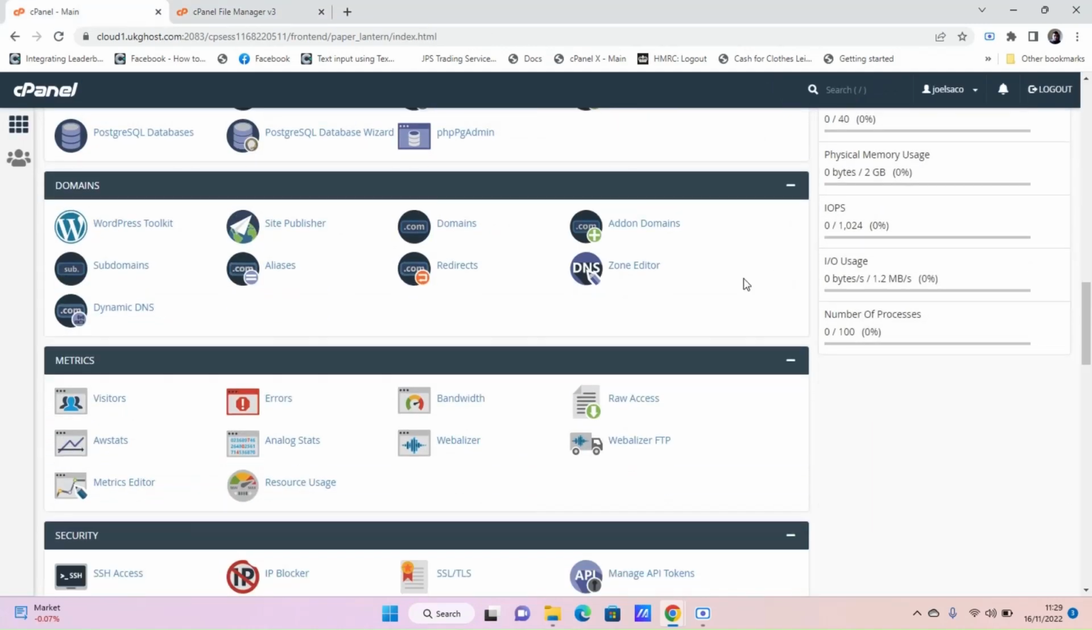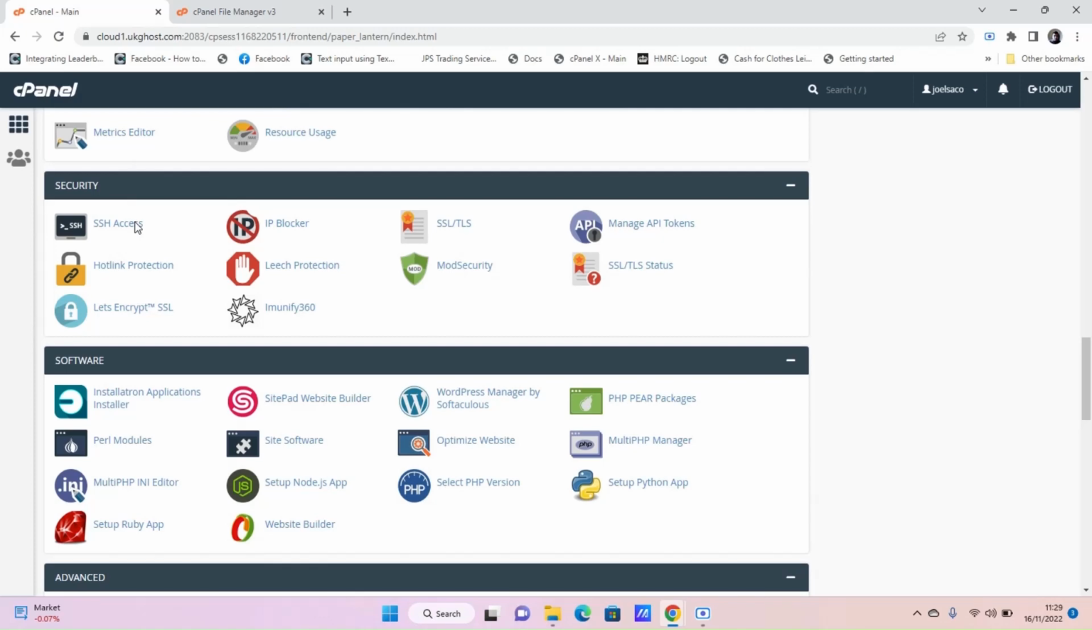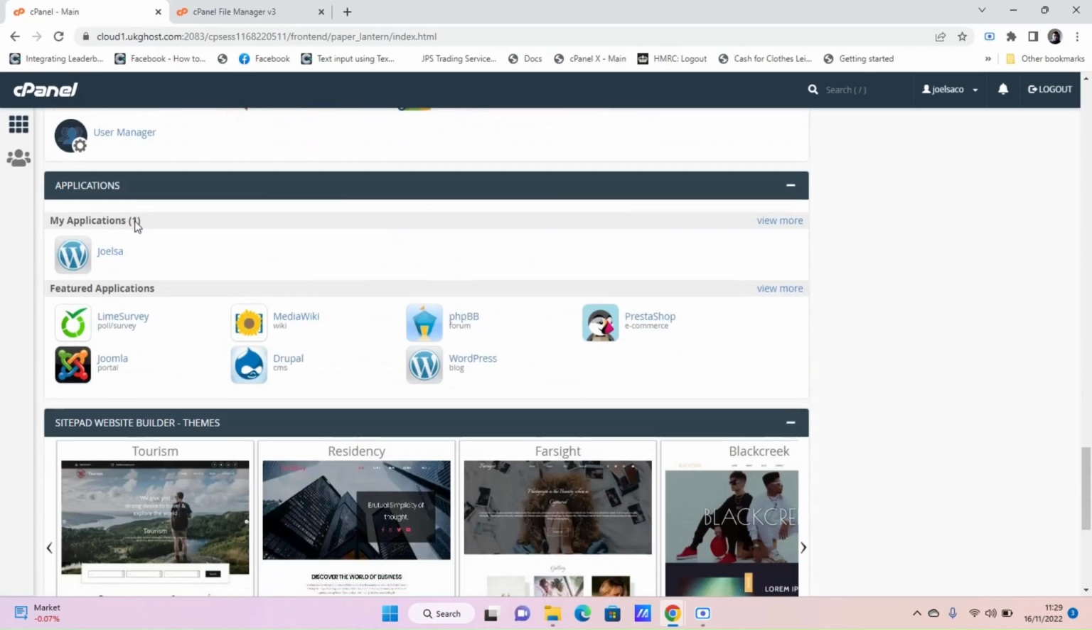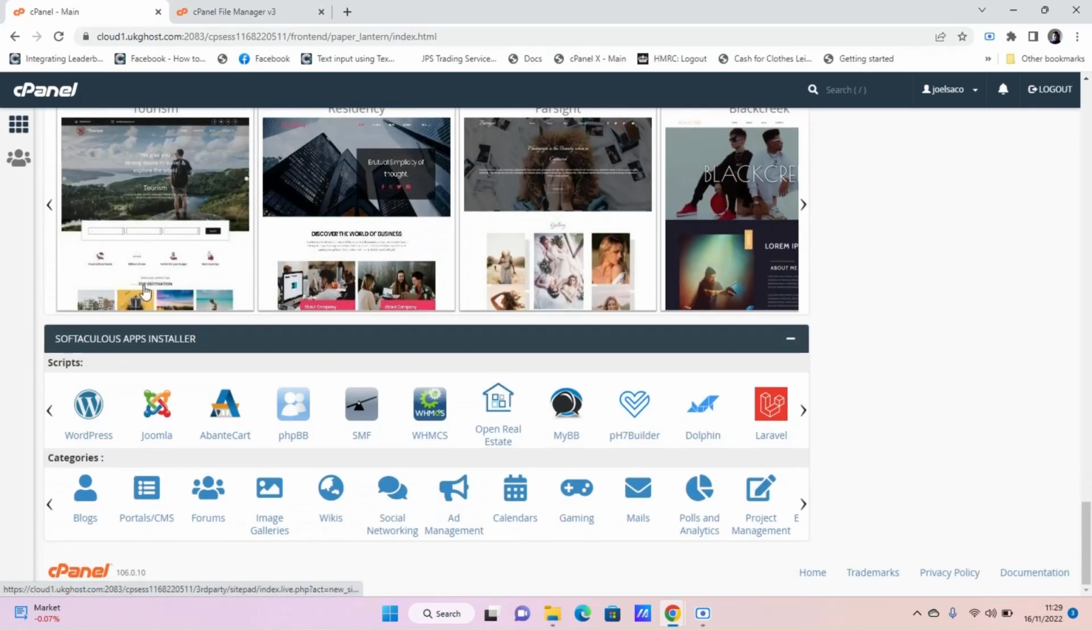Scroll down and you can see this WordPress Toolkit. You can either click that and go through with that, or some of them may have this Softaculous app. You can click WordPress from here and install WordPress into your site first. So what we need to do is install the basic WordPress site into the server first. Okay, we can click here